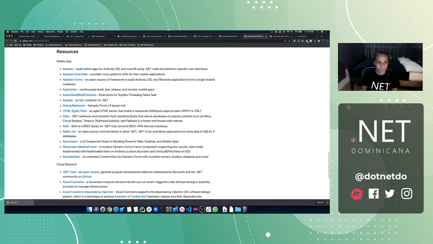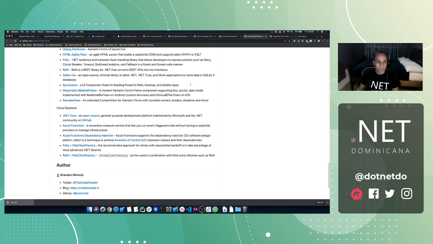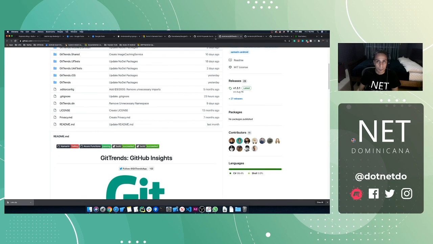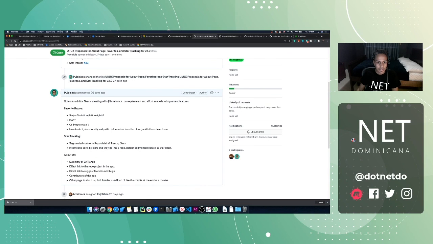I'm gonna show you here. So here we have all the resources we have used. You see the bug rainbows is really good. SQLite.net, Infusion, Pancake View. So we also want to give credit to all of those awesome community libraries we're using. So yeah, the About Us page I think is the one that's gonna take us a little bit more